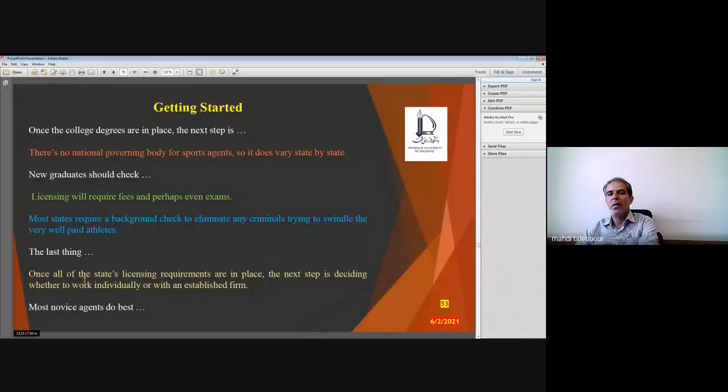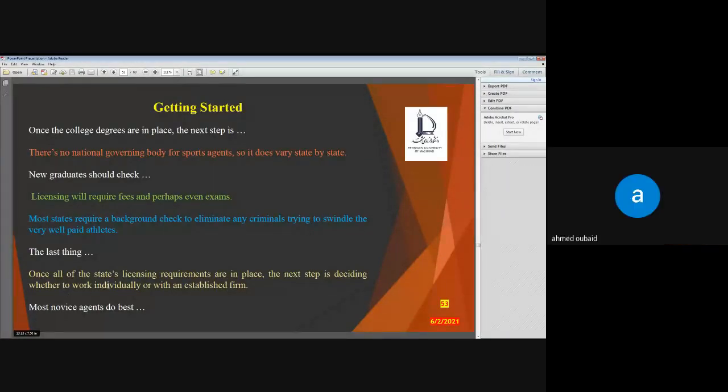Once all of the state licensing requirements are in place, the next step is deciding whether